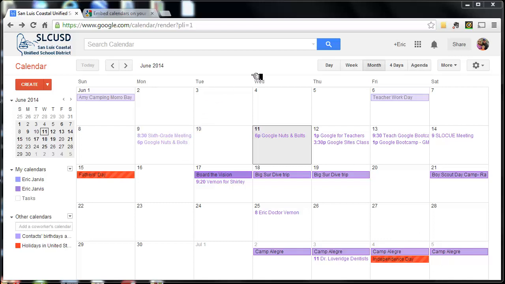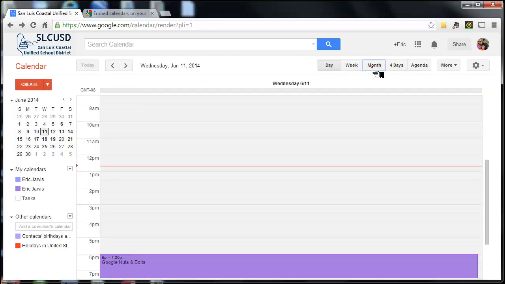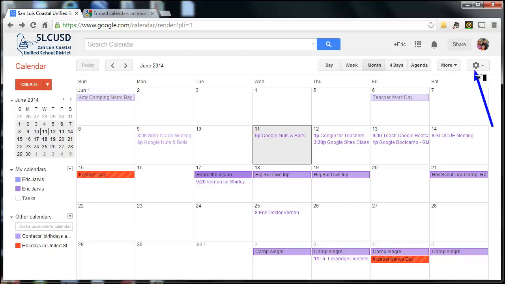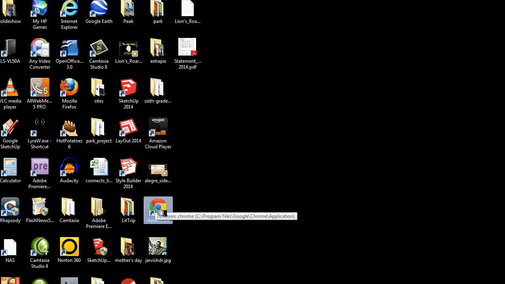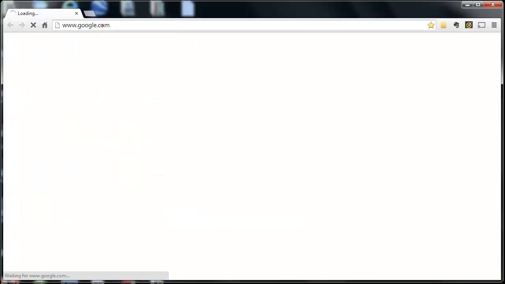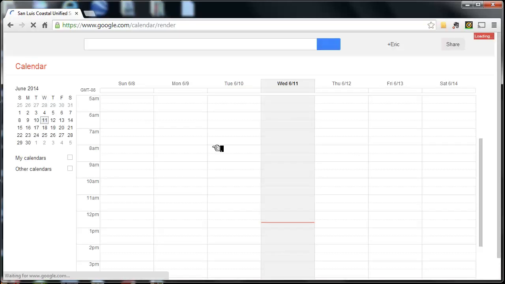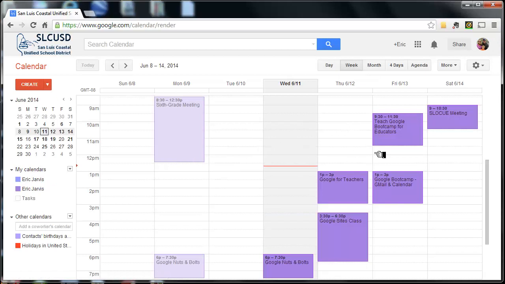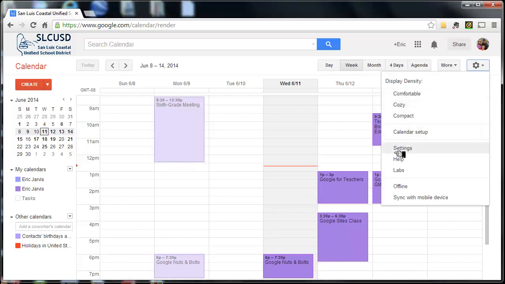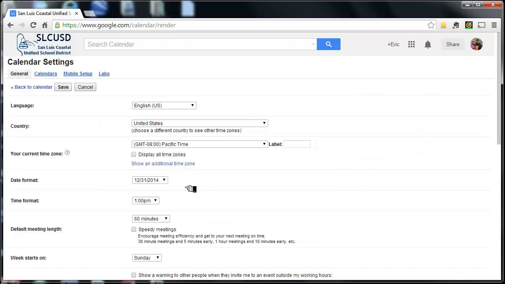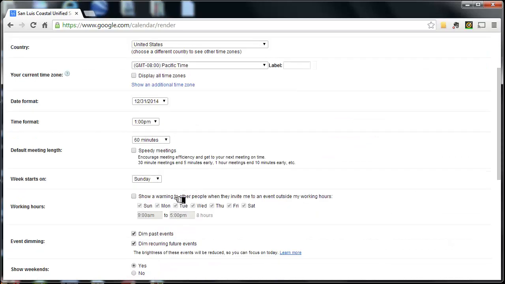Let's move over a little more quickly. I mentioned earlier that my preferred view is month view, so I can go here. But when I close out the calendar and I open it back up, go back to the calendar, it always comes up by default in week view. So I can change that. I like the month view, so I can go up and click this gear, which is the sort of universal settings tool. Select settings and scroll down, and I could choose when the week starts,